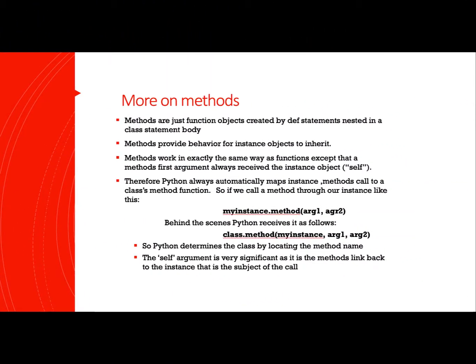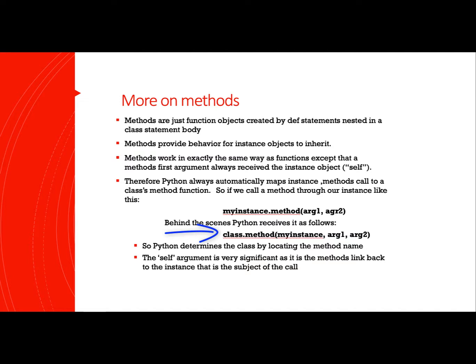So more on methods. Methods are just function objects created by def statements nested in a class statement body. Methods provide behavior for instance objects to inherit. Methods work in exactly the same way functions do, except that a method's first argument always receives the instance object, self. Therefore, Python always automatically maps instance method calls to a class's method function. So if we call a method through our instance like this, myInstance.method with 2 arguments, behind the scenes, Python receives it as the following: